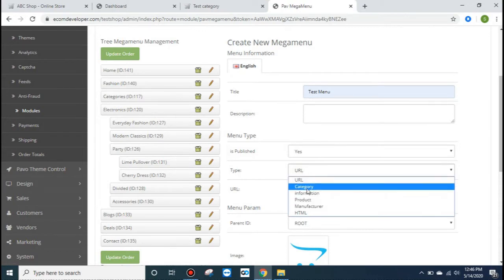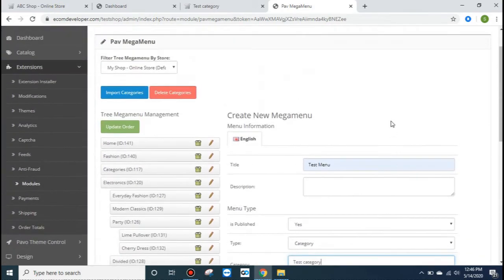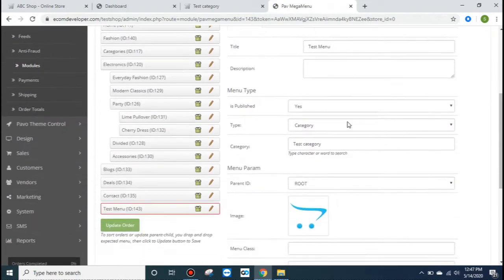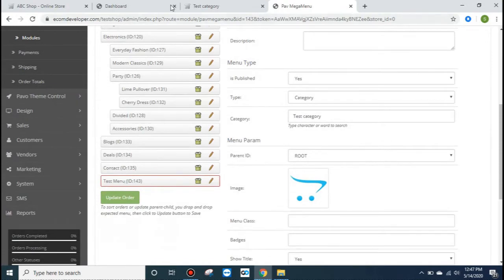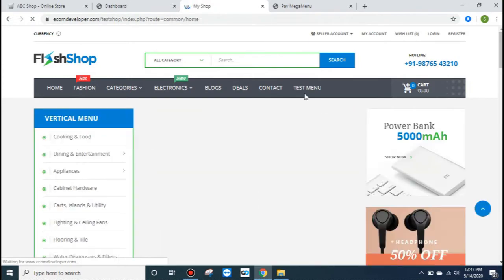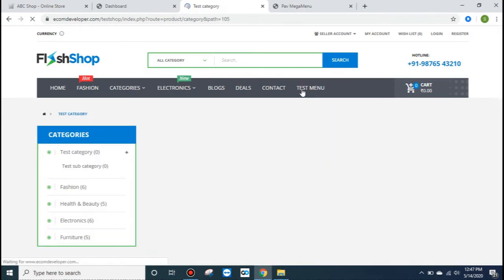For the purpose we are selecting category because we wanted to link it to the category page. So we will select it, test category. Okay, leave it as it is, save it, and we can see the test menu has been created. Now refresh your website and you will see the test menu is now available, and once you click it, it will open the test category page.